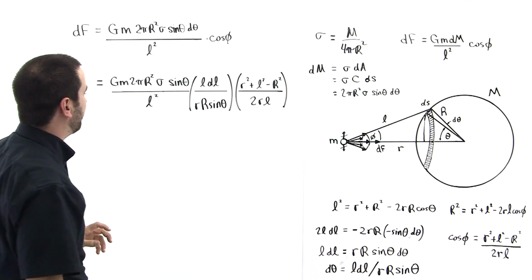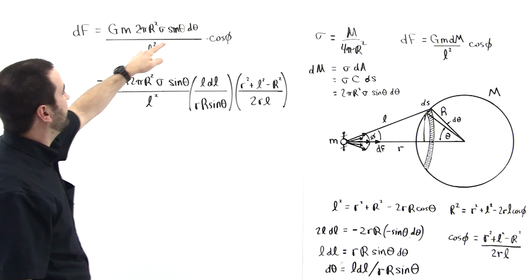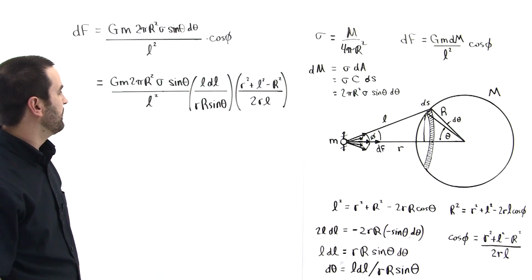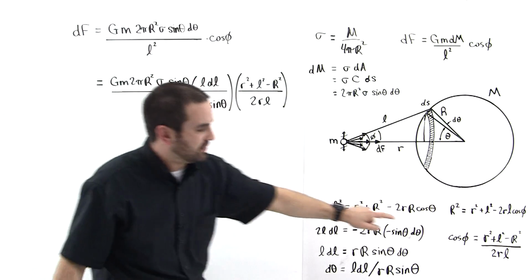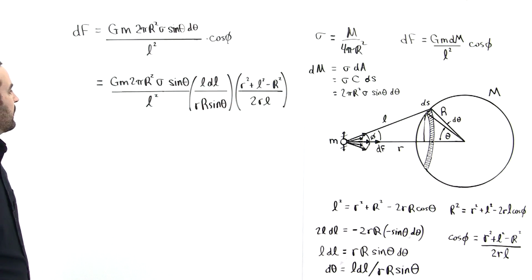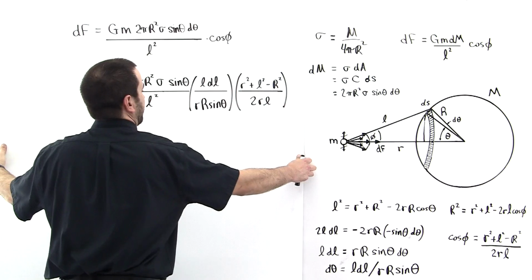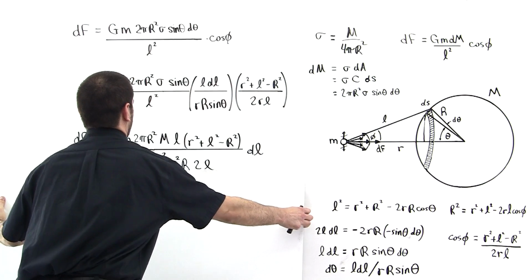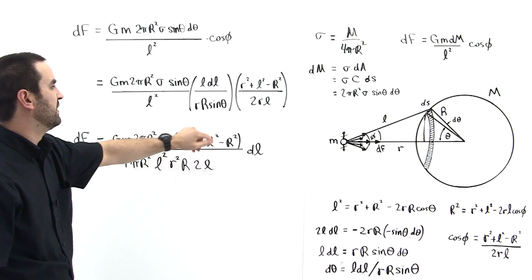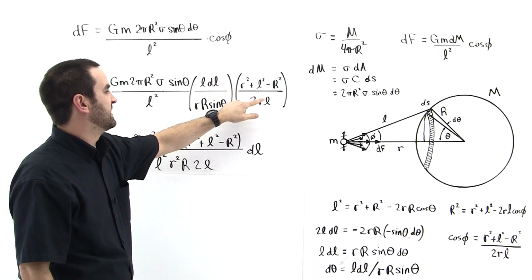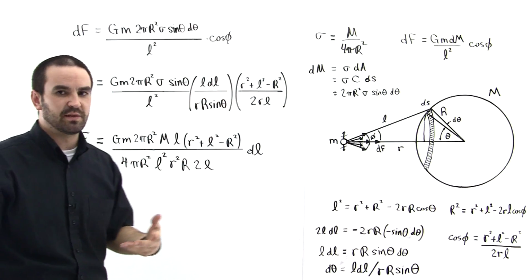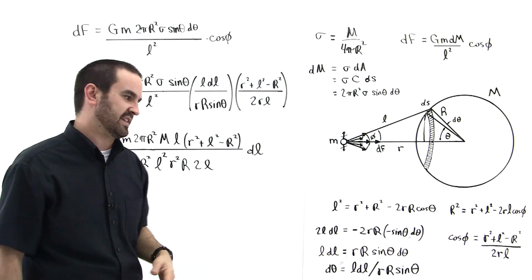So we come to here. Here I've made the substitutions for d theta. I substituted this, L dL over r capital R sine theta. And then for cosine phi, I substituted that expression for cosine phi to get this. The next step is this one here. In this step, I've just dropped the parentheses around this one, and then dropped the parentheses around the bottom thing. But the parentheses have to stay on the top thing because those are sums and differences, right? You can't just drop the parentheses of that.